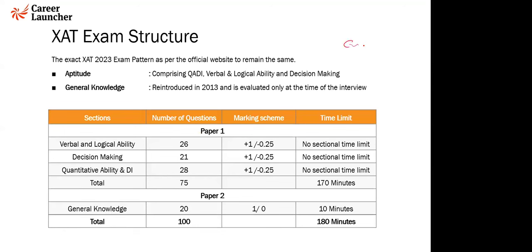I start with English, spend about 55 minutes here. Then I go to DM, spend about 45 minutes here. And then I go to QA and give about 60 odd minutes, typically about 60 minutes. And then after that, I'll see if there's anything else to be done in the other section. Typically, nothing more is required here. Maybe 1 odd question in English, and then I will probably be back to quant. So choose your sequence based on your comfort. Any sequence is fine, or rather the sequence which you are most comfortable with is the best sequence.